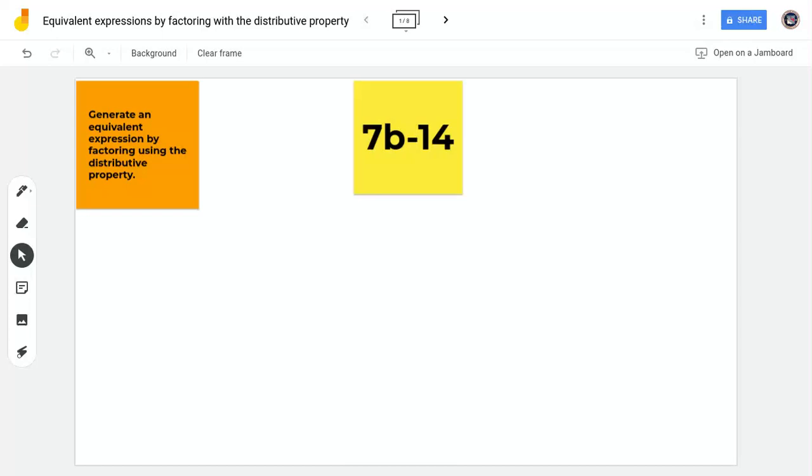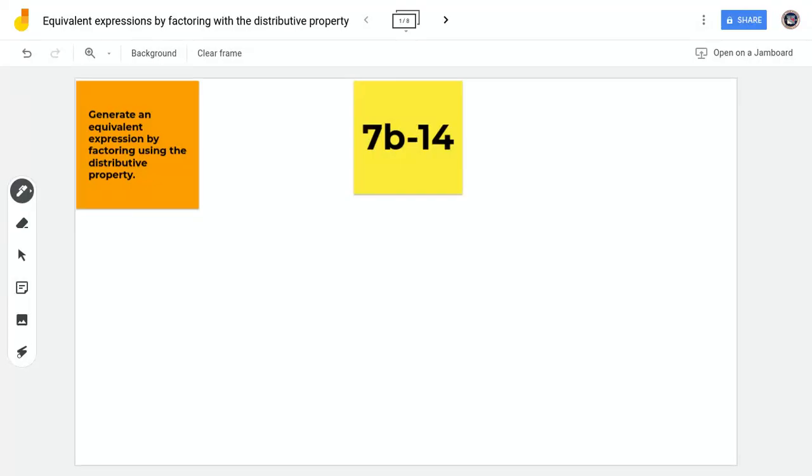All right, so today we are going to continue with our equivalent expressions. So you're going to learn how to almost undo the distributive property. If you remember on the last couple of lessons, you worked on distributing. So for instance, if I had